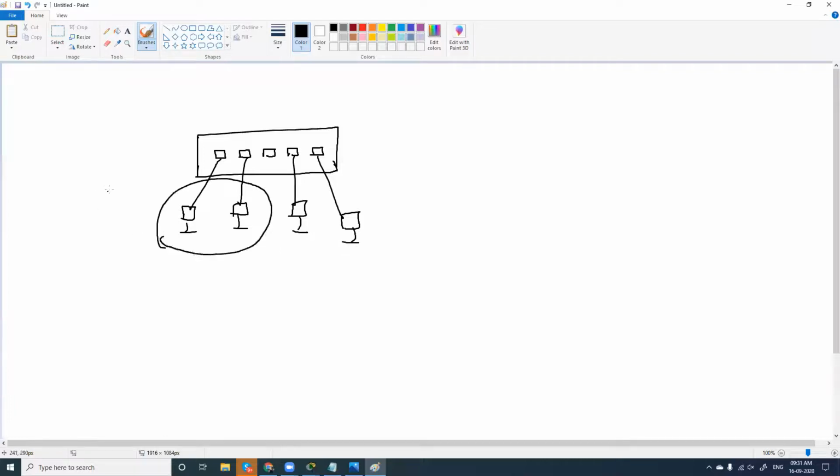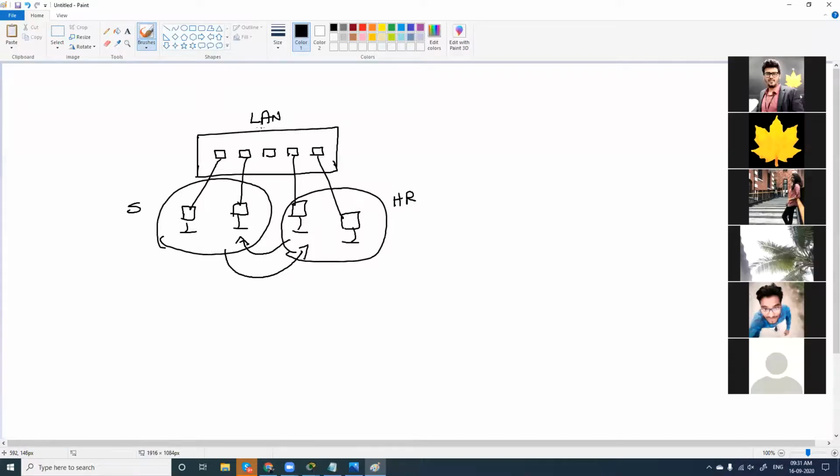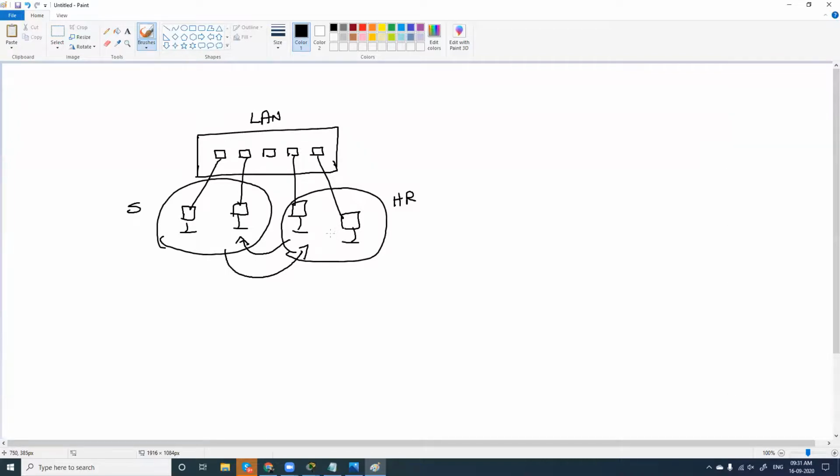Using subnetting, you wanted to make sure sales computers should not ping HR computers, and HR computers should not ping sales computers. But we are connected to a single switch, which means we are inside a LAN. When you want to subdivide your LAN into multiple LANs, sales and HR individual LANs like this, we go for subnetting.